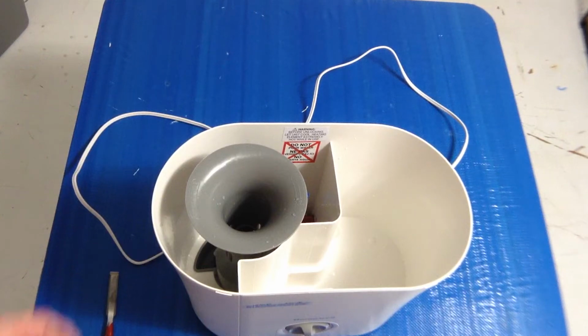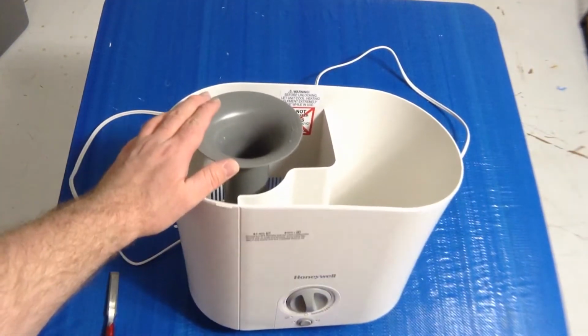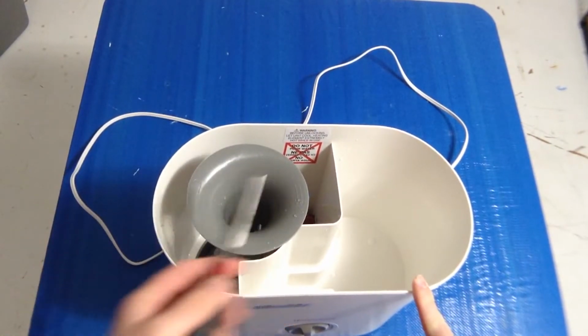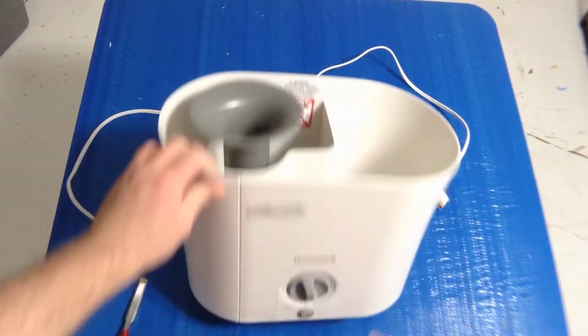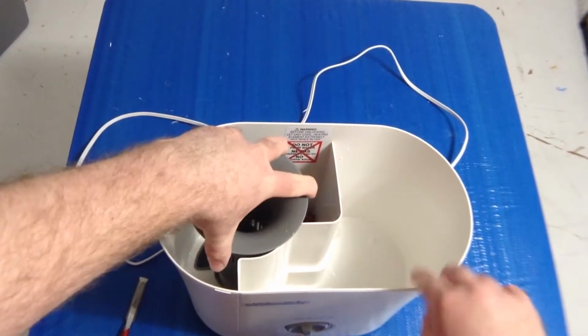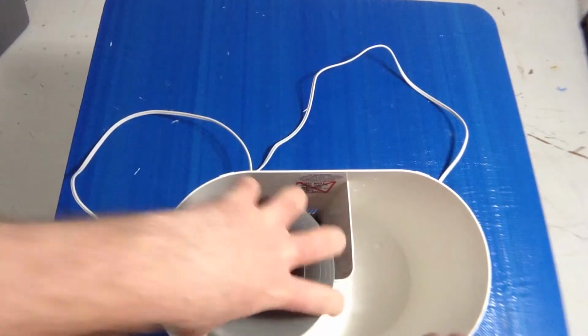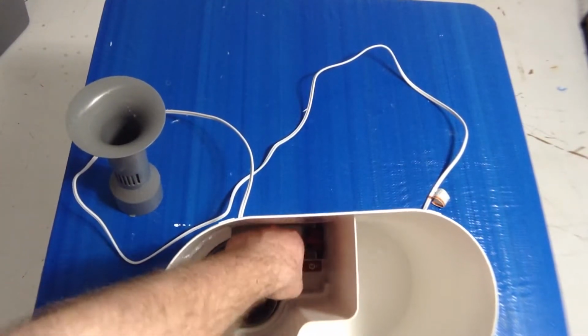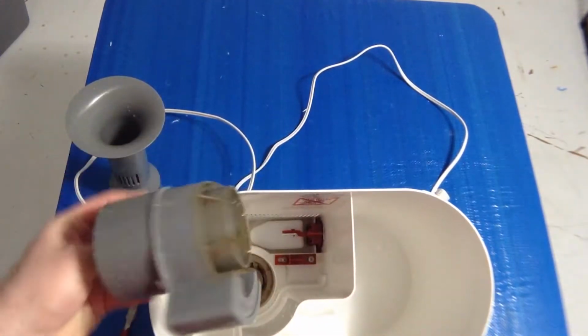In this video, I'm going to show you how you can clean one of these boiling type humidifiers. All you're going to need to do this is just a 1/2 inch chisel. In this case, it turns red. There's a little light right here. If it runs out of water or if this heating element here gets too coated in calcium or lime or whatever's in your water,